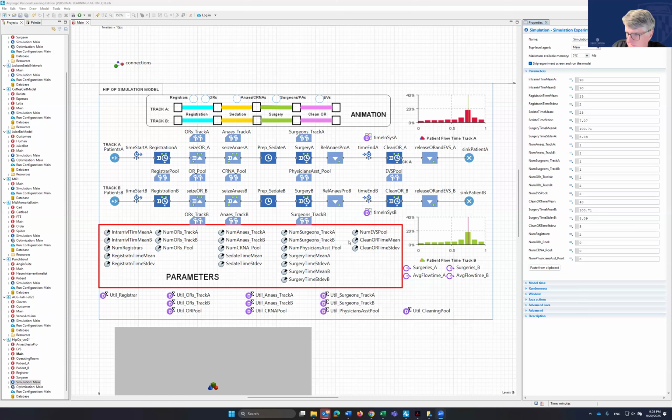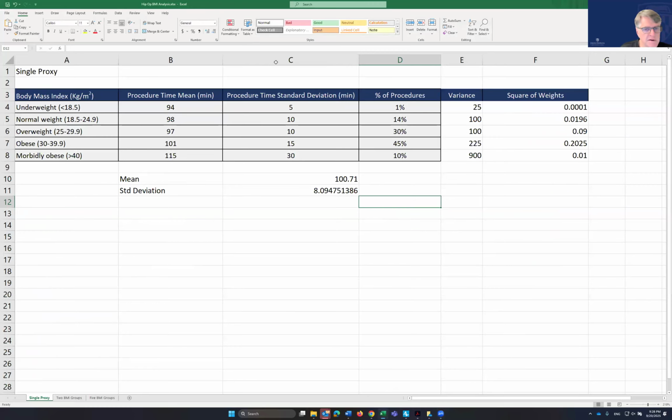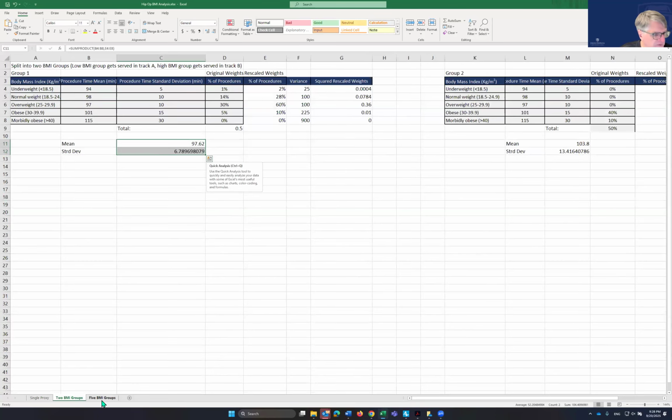Is it possible that I may squeeze out an extra surgery in track A without doing any worse in track B? Really not saving any variance here. I'm just unpooling the patients, so lower BMI, track A, higher BMI, track B. I've done a little calculation here. This is the previous calculation where we pooled all of our customers and calculated the mean and standard deviation. But I've got 2 BMI groups. In fact, I've got 5 BMI groups